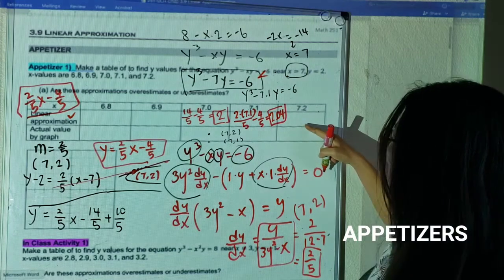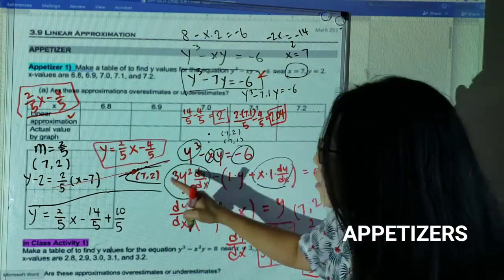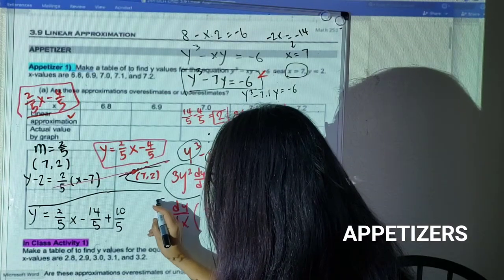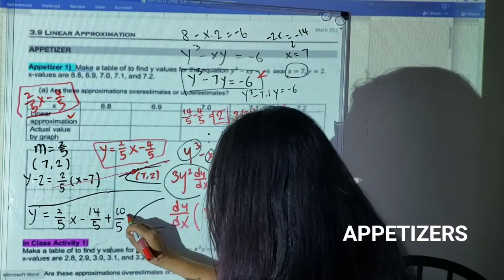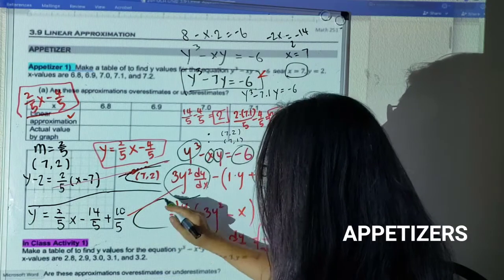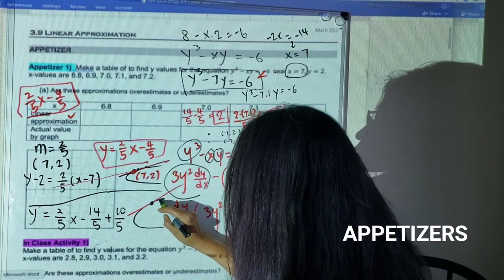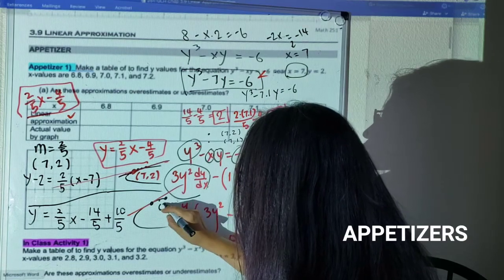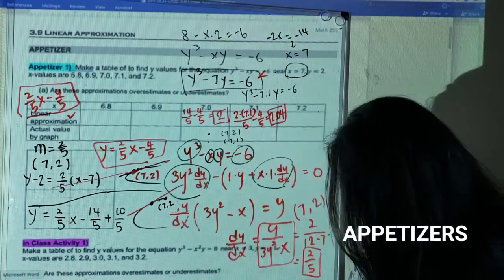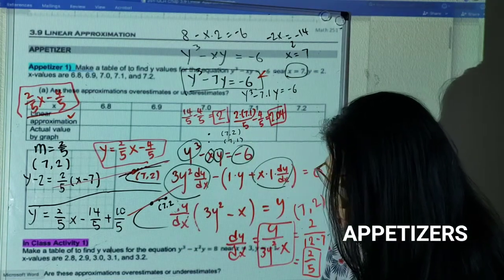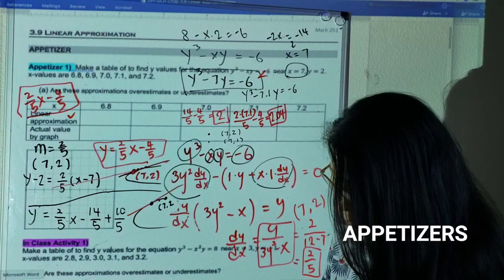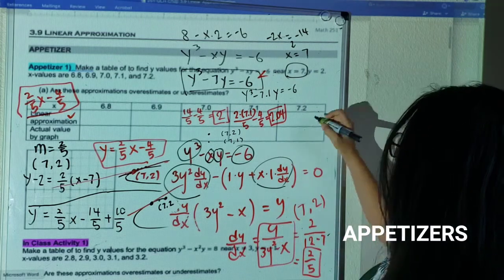And now 7.2. I want to estimate that on the black curve. I know my graph is not really that good, but if I make it like this, and a little bit like that, now this one is 7, 7.1, 7.2. I want to guess this coordinate at 7.2. Same thing, I can plug 7.2 into my equation. I got 2.08